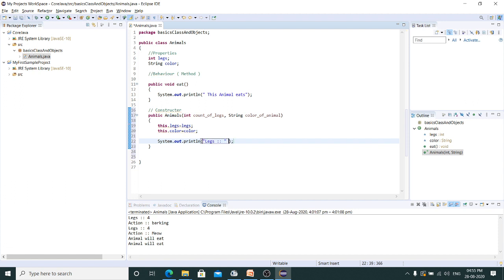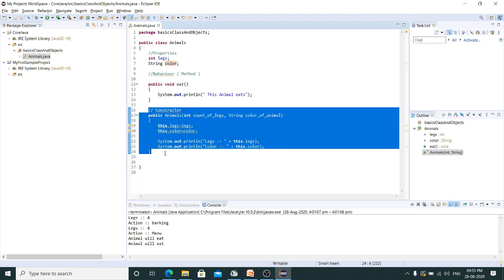Legs, I'll give this.legs, and I'll copy paste the same thing here, but this time I'm going to take color and I'll give this.color. My constructor is done.